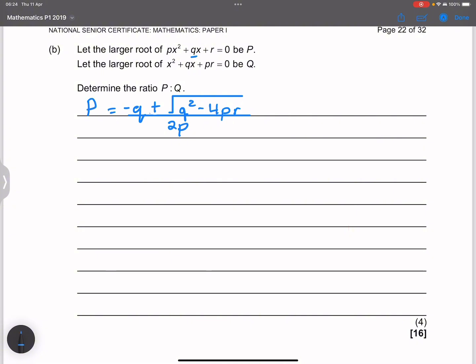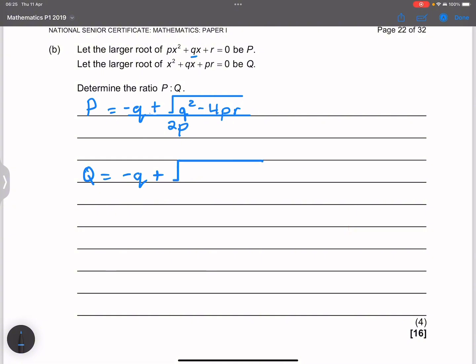And the larger root of the other expression, so q, will be equal to, again, let's do the same thing. So this will be minus q, plus minus. So I'm just simply going to take the positive one, because that's the larger root. So this will be the square root of,